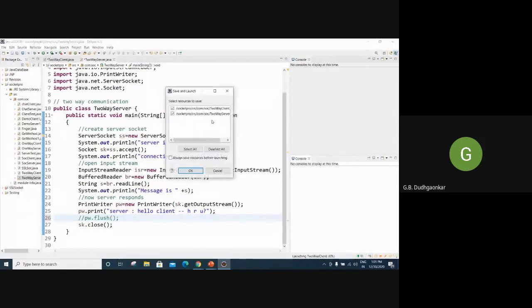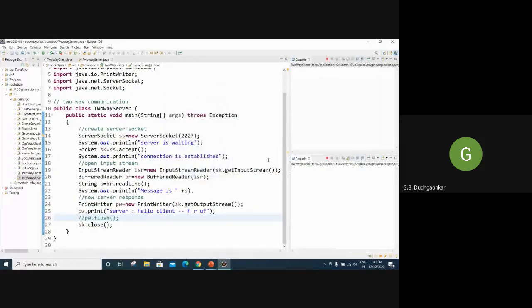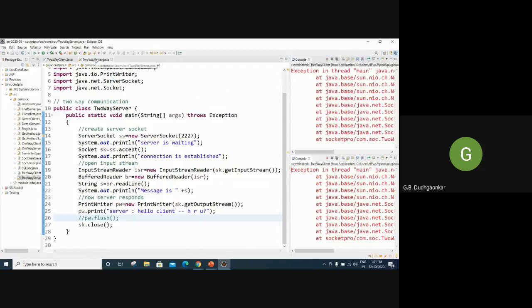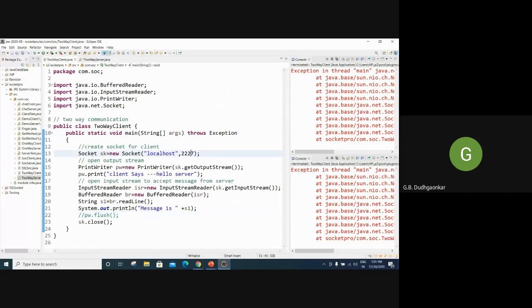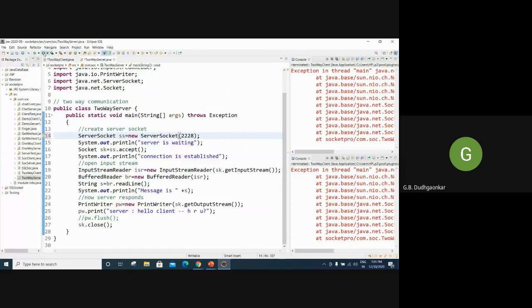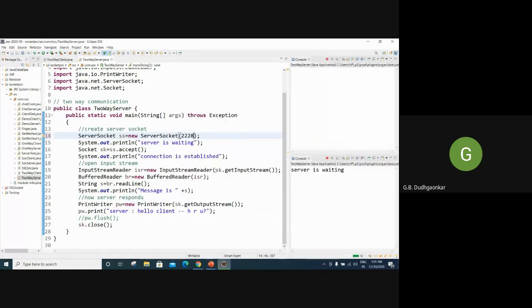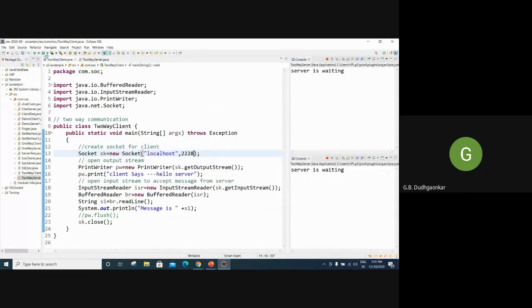Right, we can run the same programs again. Again, there is an error of connection refused. Changing the port. Now this is the server, this is the client.